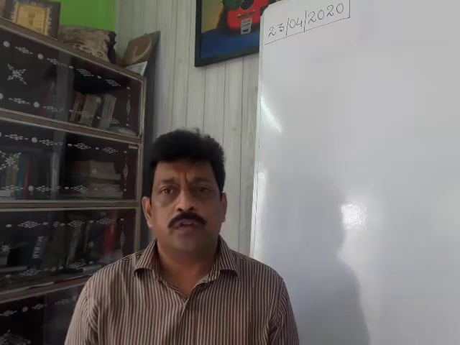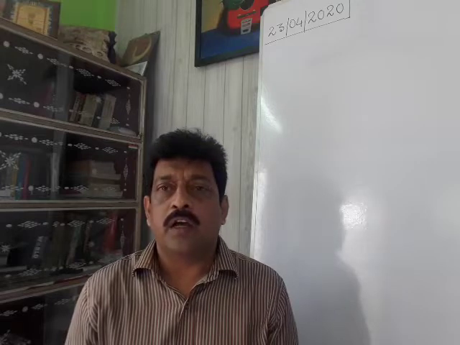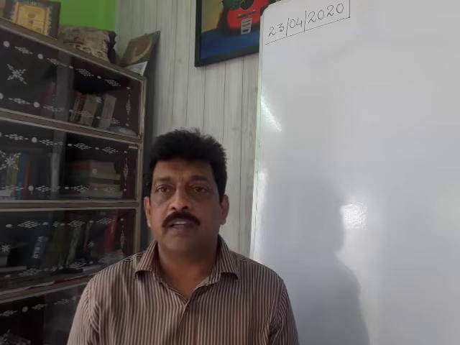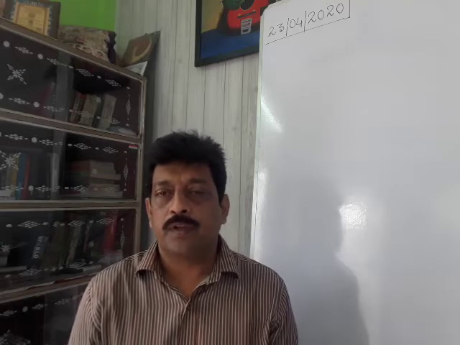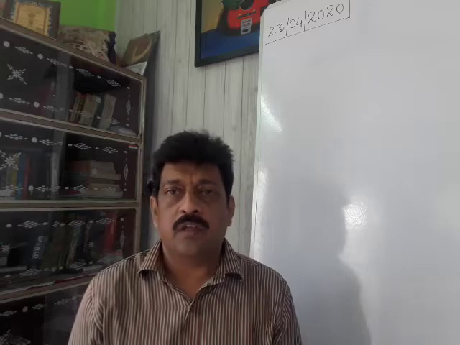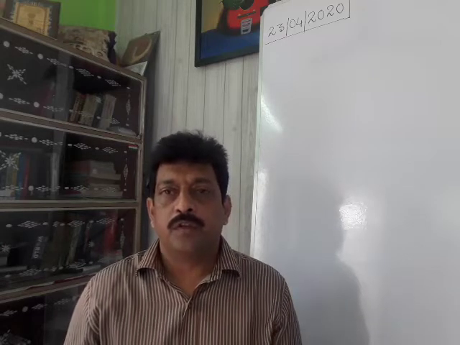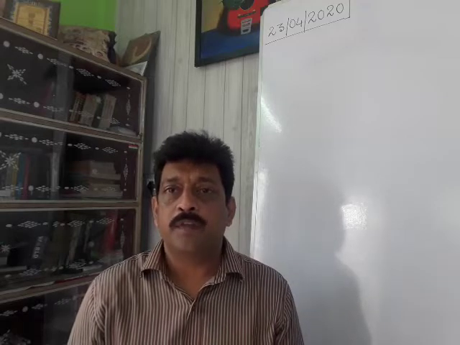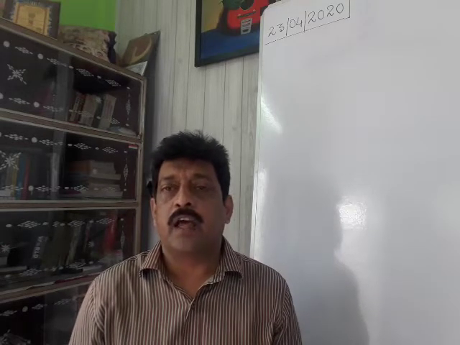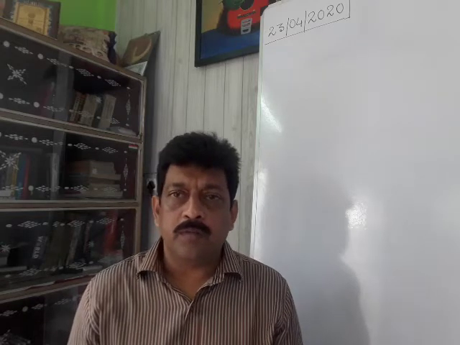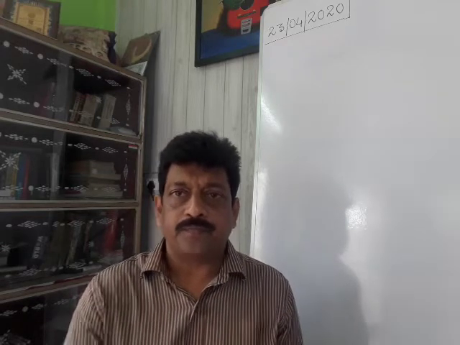Now you all know the degree of polynomial means the highest power of the variable. We generally take the variable as x, y, z and so on. So highest power of the variable is actually the degree of the polynomial. So today I am going to show you what is the value of a polynomial at a given value of x and what is the zero of a polynomial. So let me start with an example.